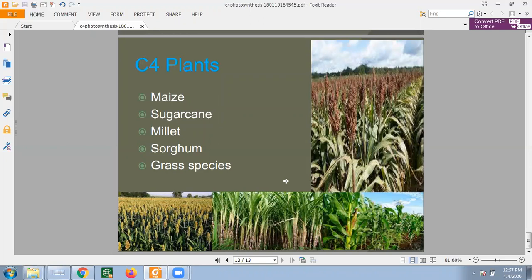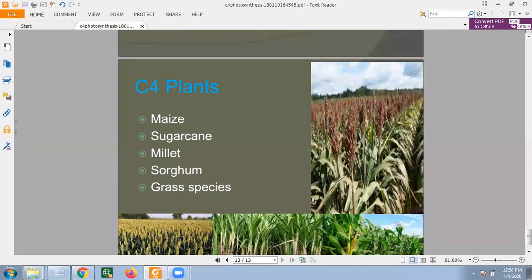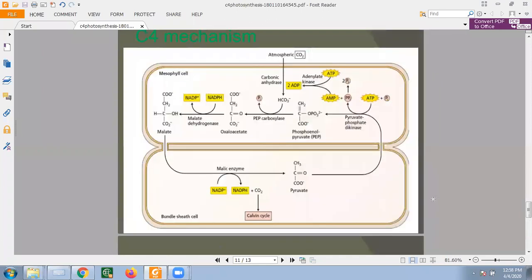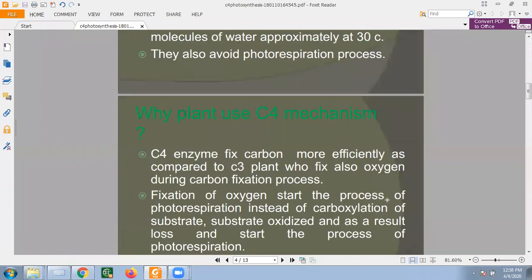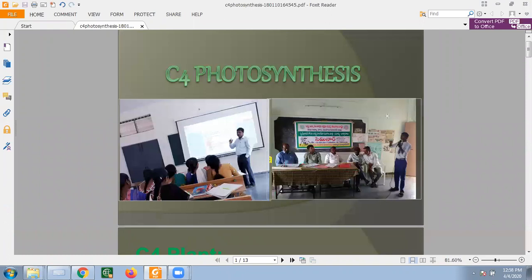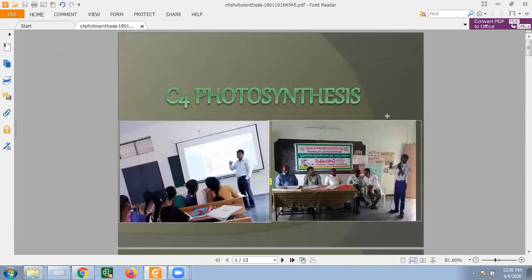The first stable product of photosynthesis is a 4-carbon compound, oxaloacetate. So this anatomical structure is special to C4 plants, and it is one of the important C4 pathways, considered an alternative pathway of